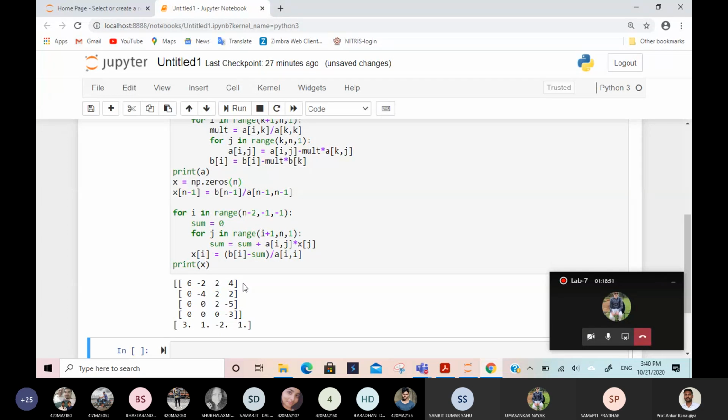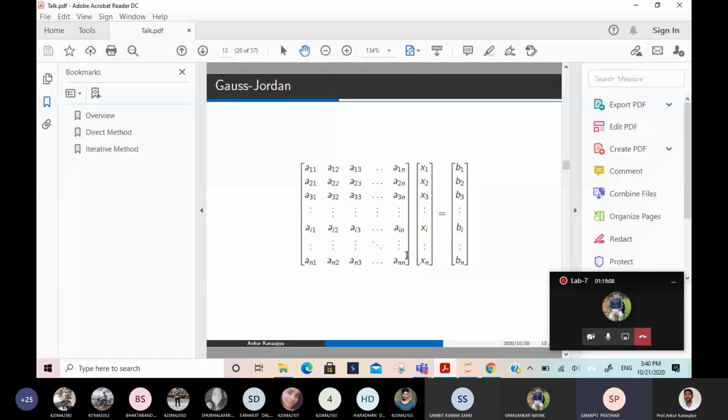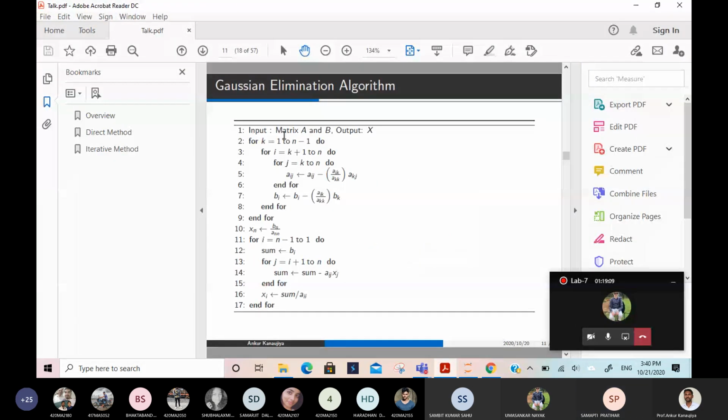So the same thing whatever I explained, the only change is that you have to carefully write the index from where to where, because it is starting from 0, not exactly from 1. You have to make that change yourself. Anyway, I will share the algorithm with you. Everything is written from where to where you have to run. This is in the context of 1 to n. The same thing you have to change to 0 to n. Then sum equal to sum plus the term, and you can get the answer.